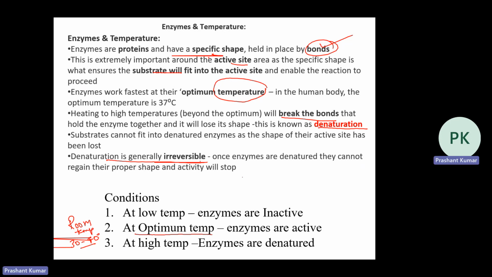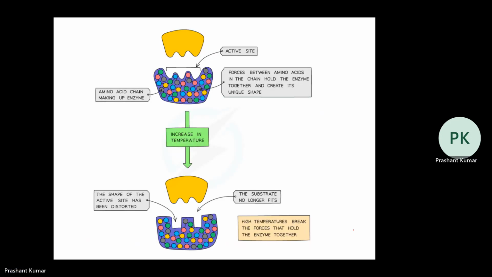So what are the conditions? At low temperature, enzymes are inactive. They are not denatured, they are inactive. At optimum temperature, enzymes are active. And at high temperature, enzymes are denatured. So that we have to know. As you can see in this particular diagram, this is the normal structure of the enzyme and this is the substrate. When the temperature is increased, you can see the bonding order of the enzyme change. See the active site shape. As the temperature changes,